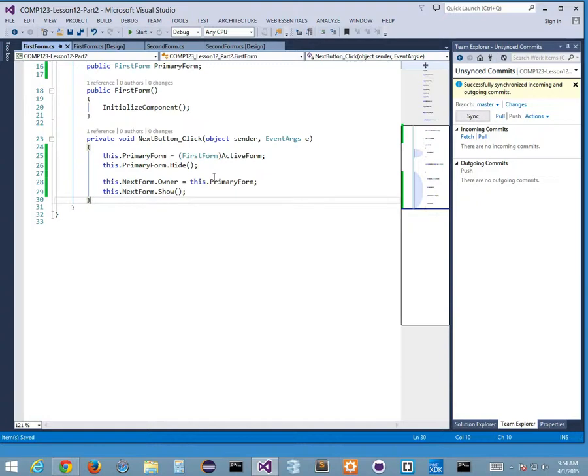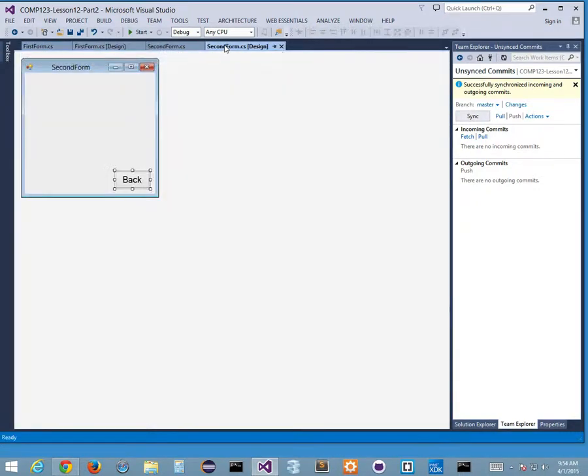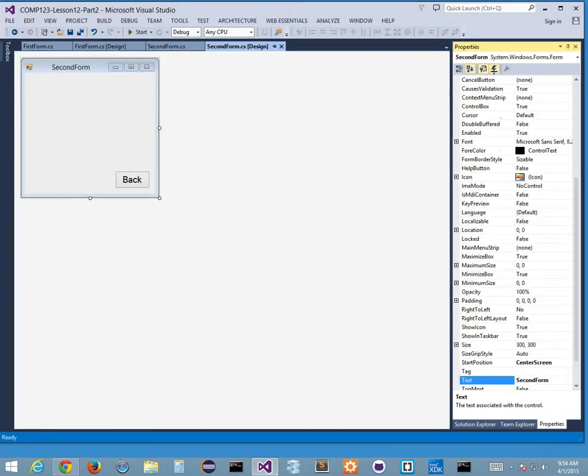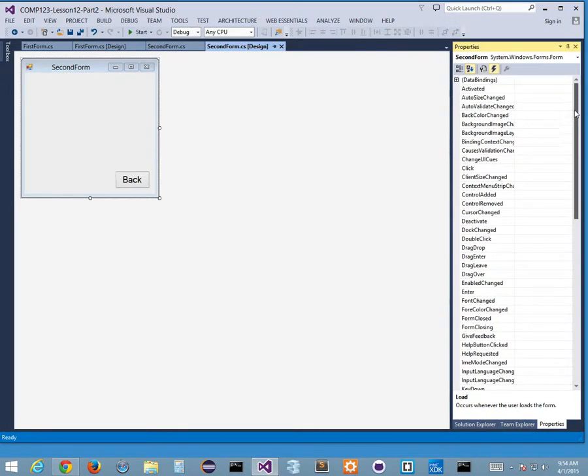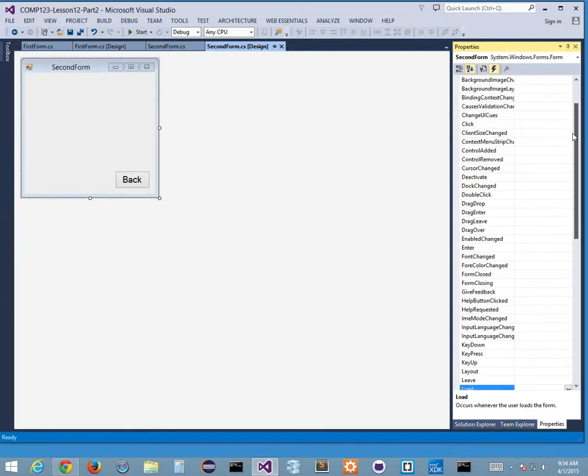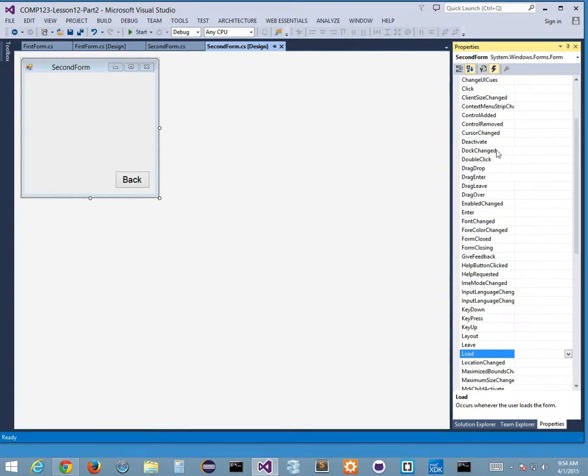I want to create this close function. So when I do my second form, if I click on the form itself and go to properties and then hit this lightning bolt, what are the things I can do here? I can do AutoSizeChanged, BackColorChanged, CausesValidation, Click, ChangeUICues, ClientSizeChanged, ControlAdded, ControlRemoved, CursorChanged, Deactivate,